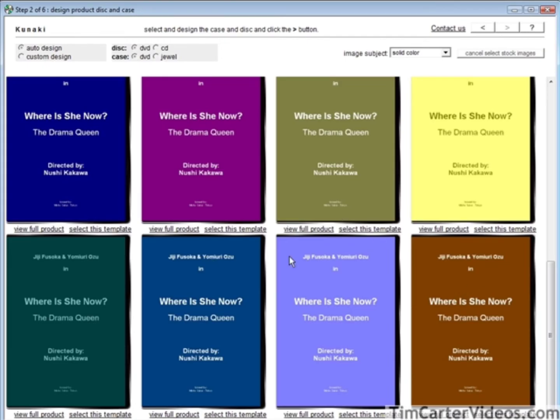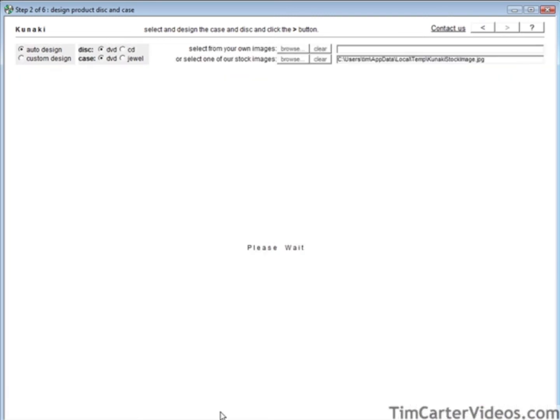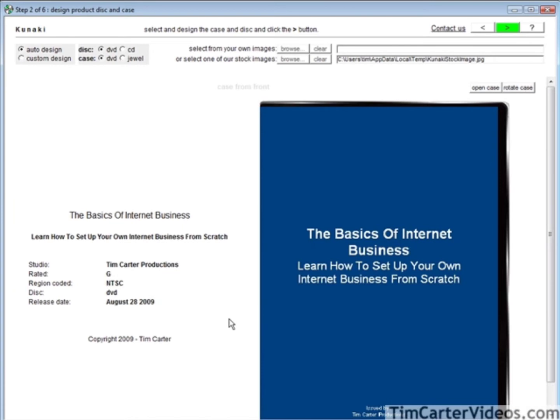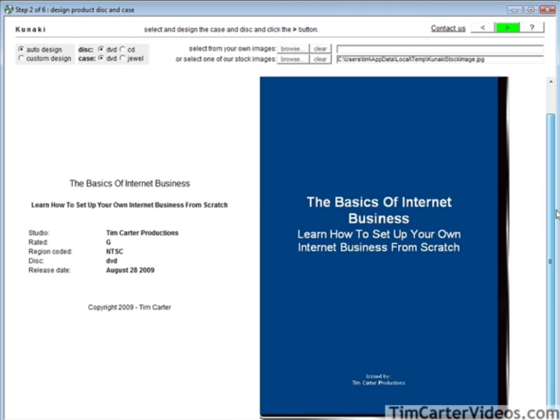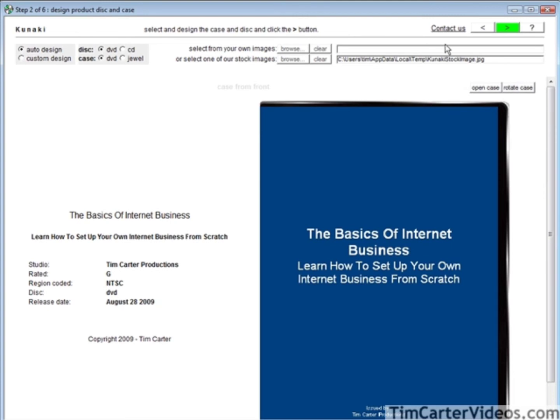Okay, so let's pick one here. Just select this template. Now it loads in for us here. Now you can see that it picked up our information that we put in and put it on the DVD for us. Okay, at this point we click